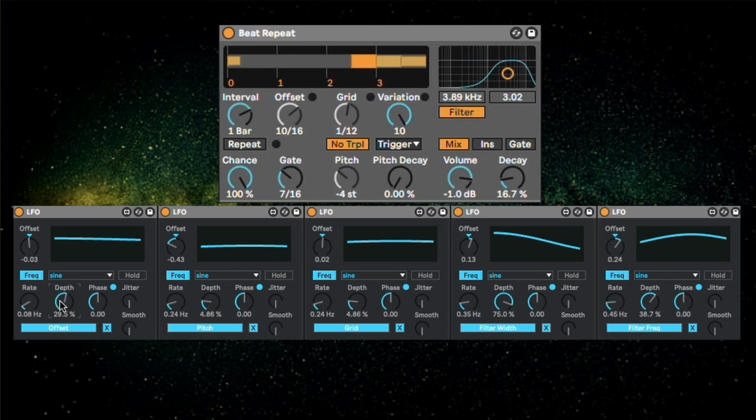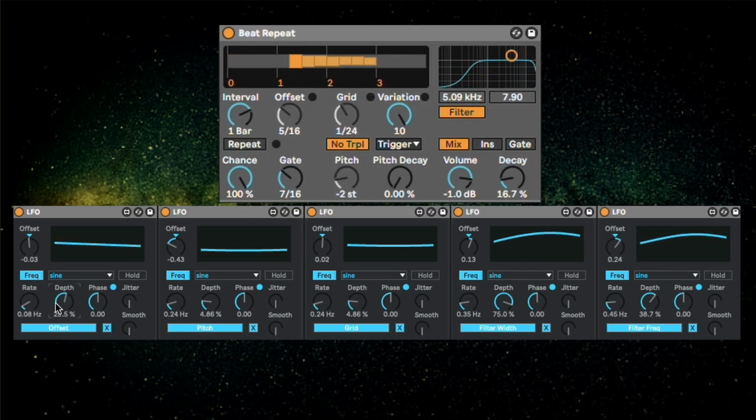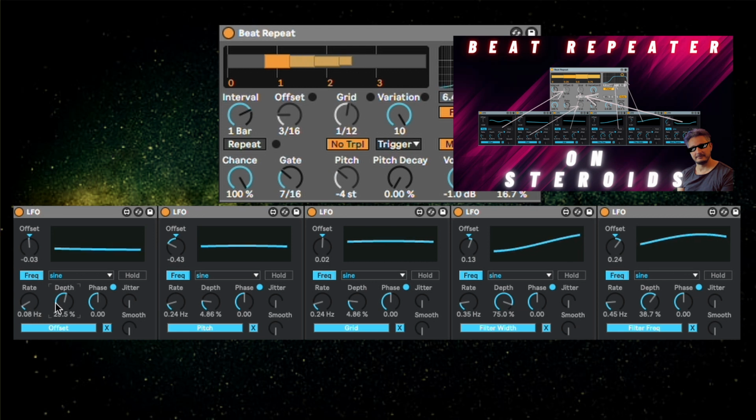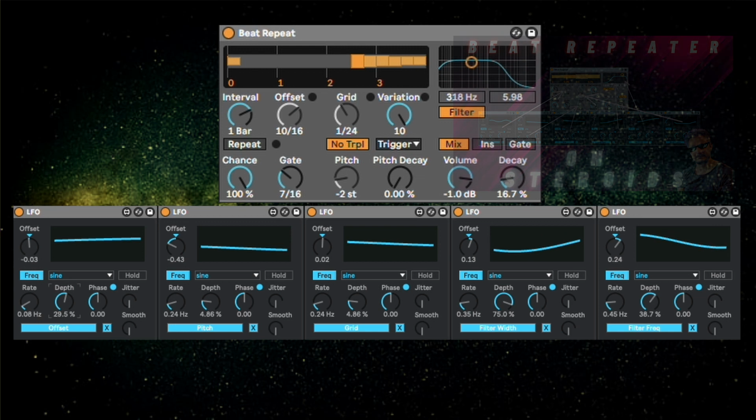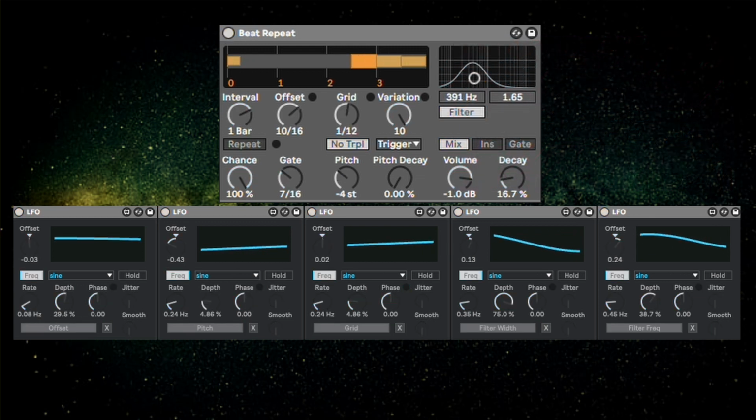With the LFO, I also curated this beat repeater, which I've made an in-depth tutorial on my channel about how to make. So here you can see, I have an audio loop without the beat repeater, and it sounds like this. Okay, quite captivating. And then with the beat repeater on,